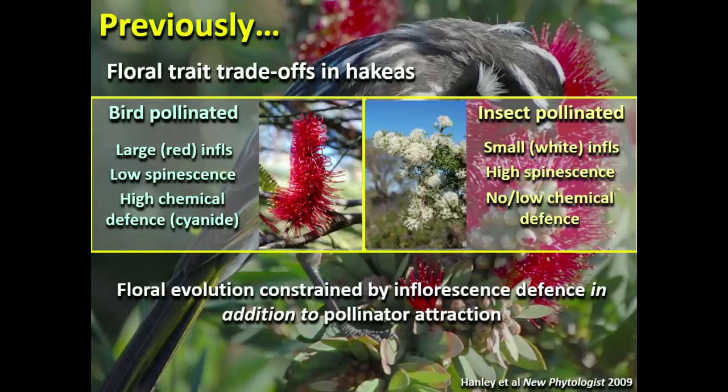So what we found, quite neatly, I think, was that if the flower was very big, if the inflorescence was very big, it was laced with cyanide. And these were really high levels of cyanide, the kind of levels that would be banned in the USA as injurious to human health. The insect-pollinated species, which are the vast majority, tend to produce small white inflorescences. They're hidden away in a dense growth of foliage, which is often very spiny, and as a consequence, they required low levels of chemical defense. So the basic take-home message in the paper was that there was an evolutionary trade-off between pollination syndrome and the need to defend your flowers against would-be florivores.